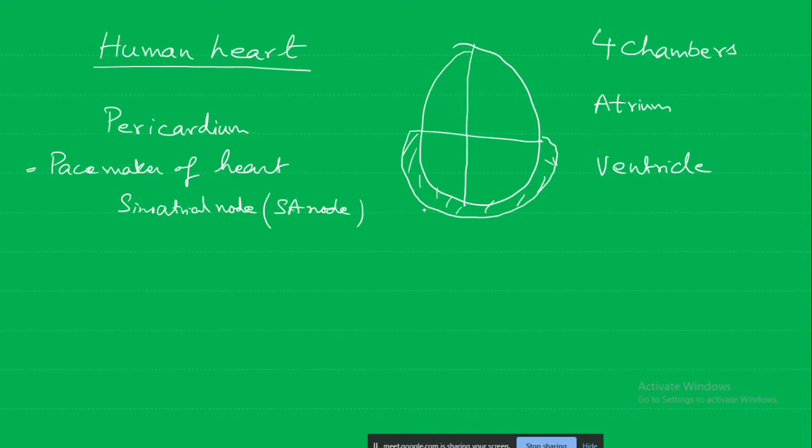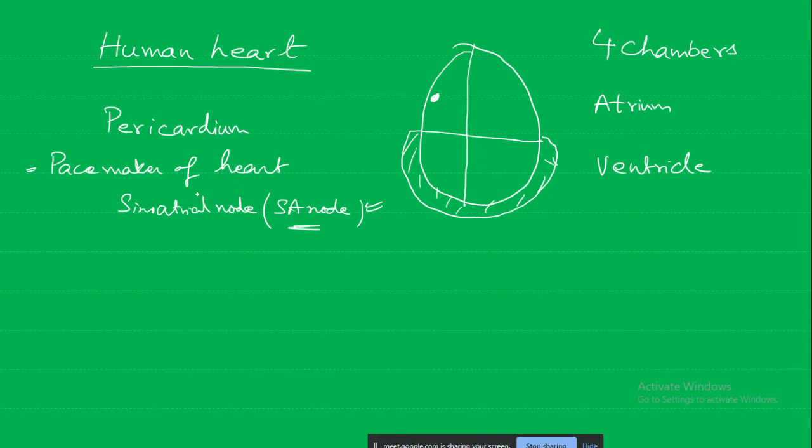For example, the person is running or is feeling in a very cold place, so he has to increase the circulation. Then the signal will come from the brain that is going to stimulate the SA node, so it will cause more electrical conductivity and the heart will beat fast. But the electrical impulse will be generated by the SA node itself, and the SA node is only a modified heart tissue. It is not a nerve.